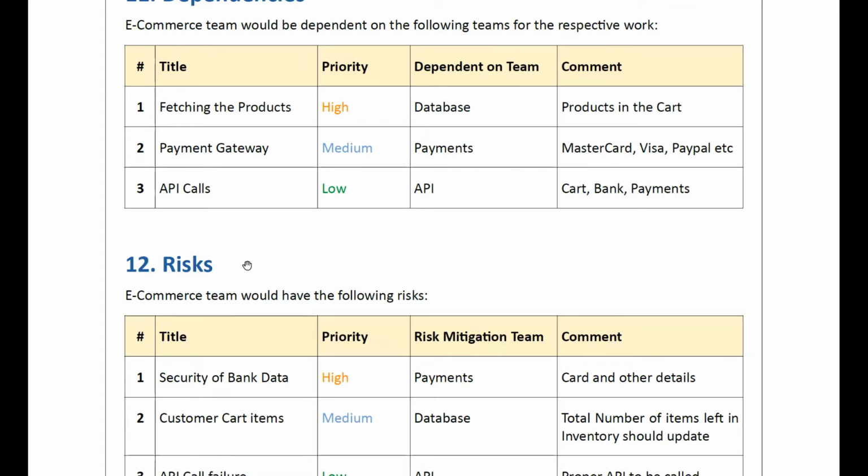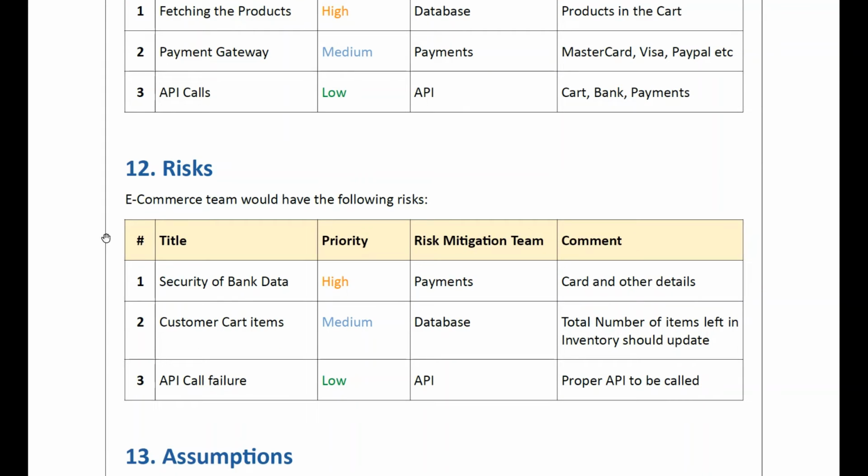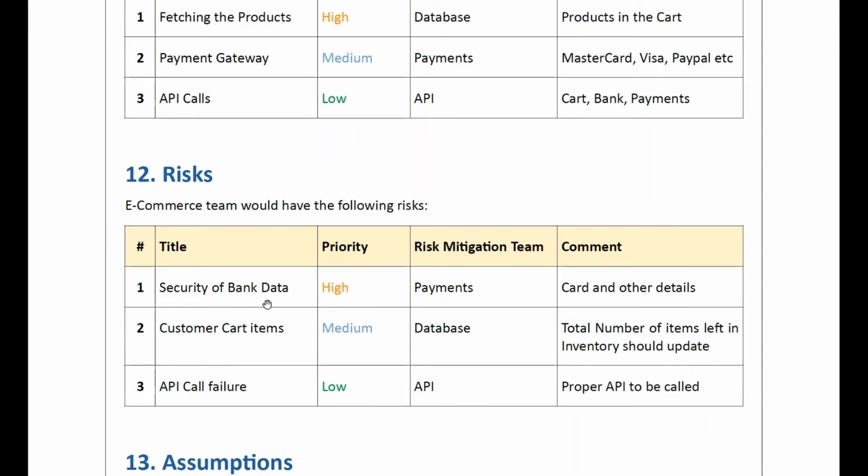And we also need to take care of risk. What risk can affect our application or not, we need to take care of that. Like security of your bank data, this is a high priority, where the company needs the customer's details to be secure.